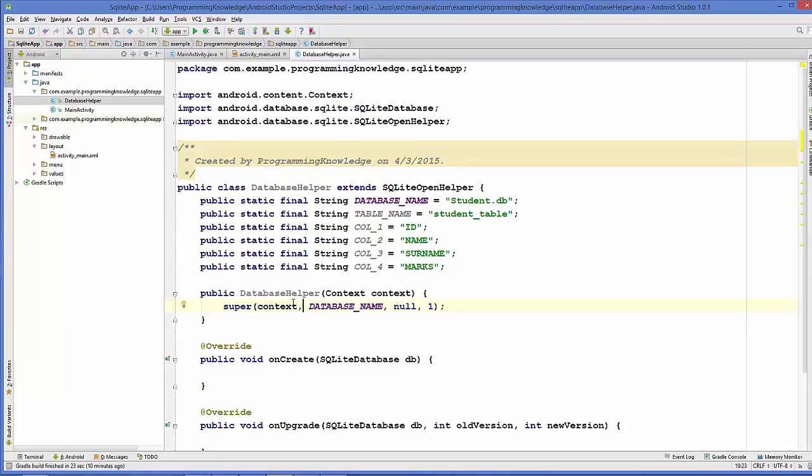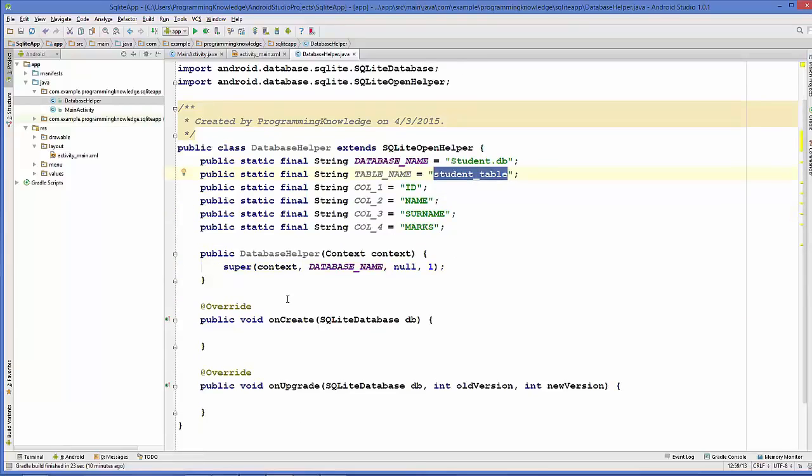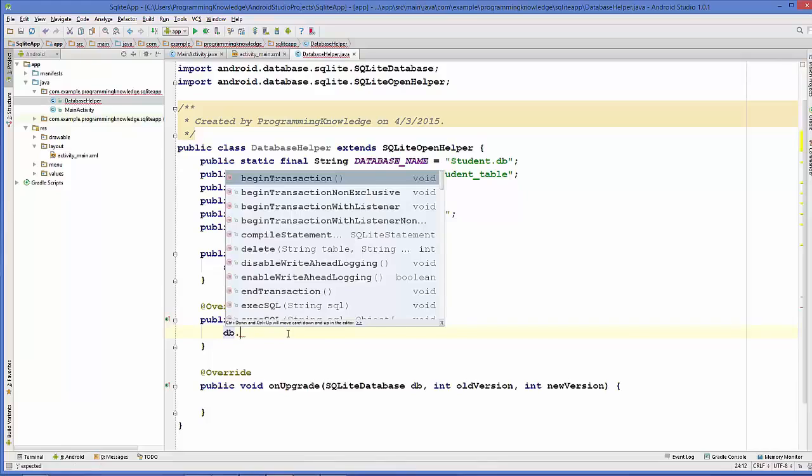Now in order to create the table inside your database, we are going to create a table whenever the onCreate method of this class is called. So you can see SQLiteDatabase class is the argument inside onCreate, right? So we can just take this db, which is a variable of SQLiteDatabase, dot execute